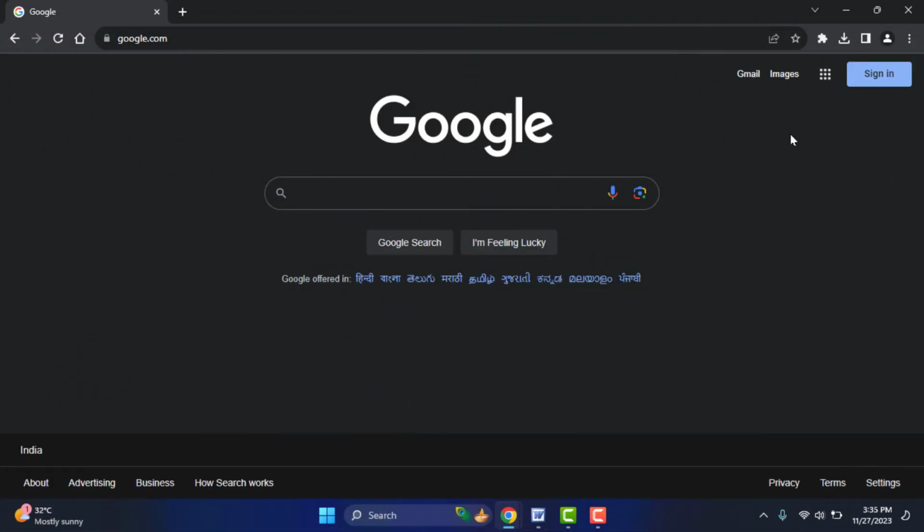When you're facing this type of problem on your browser, first you need to check your internet connection. If the internet connection is not good, you can face this kind of error on your browser. If your internet connection is working fine and you are still facing this error, you can try